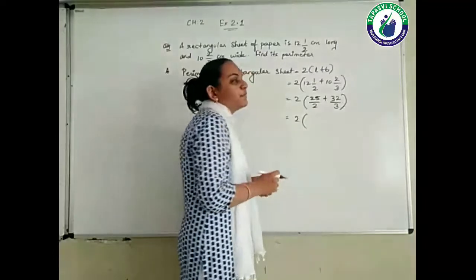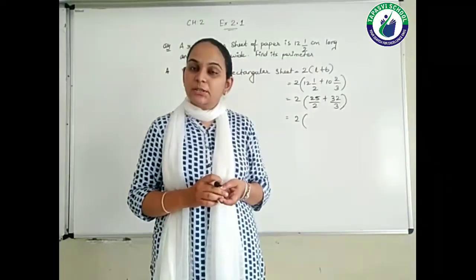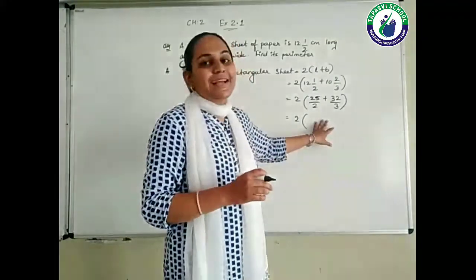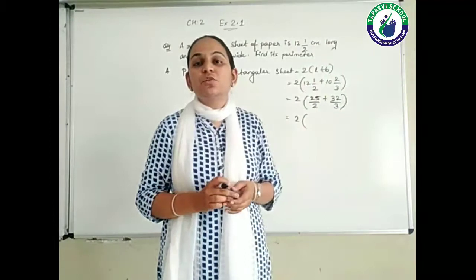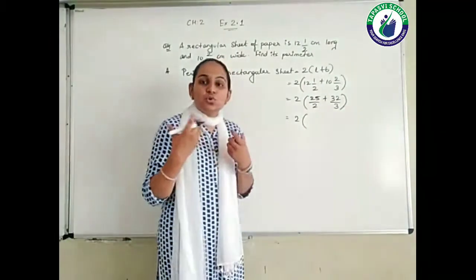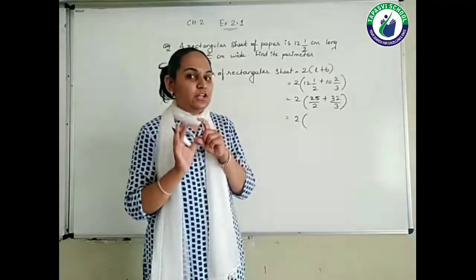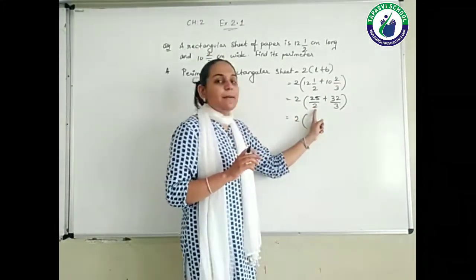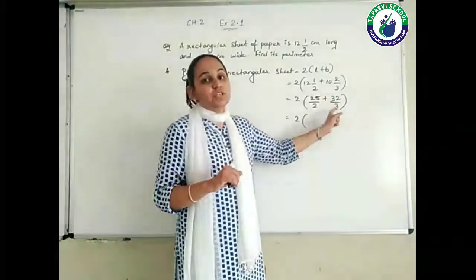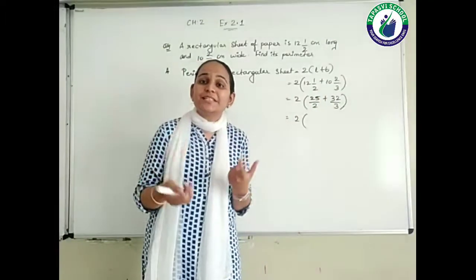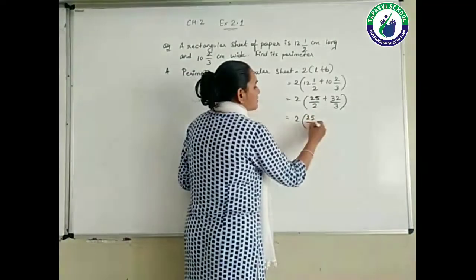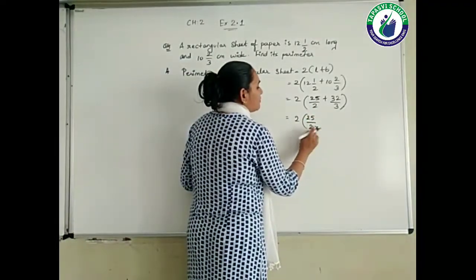Now see, both denominators, students, 2 and 3, are prime numbers. You can directly write the LCM as 6. Here I am not showing you the entire process which we used in question number 1 and which we have seen. What I will show is that I want 6 as my denominator, right, students? Which number do I multiply with 2 to get 6? That is 3. Similarly here we have 3. Which number should I multiply with 3 to get 6? That is 2. So 25 upon 2 multiplied by 3.